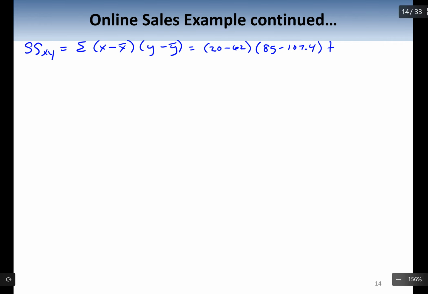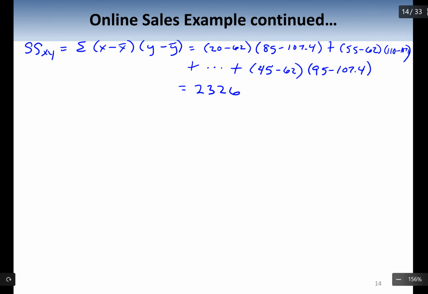Add that to customer number 2, 55 minutes, subtract the average number of minutes, multiplied by $110, subtract 107.4. I'm losing space, but you see the pattern. Keep going until you reach the 5th customer, the last customer. They spent 45 minutes, subtract 62 minutes, and multiply that by $95, subtract $107.4, and add all those up, and you should get